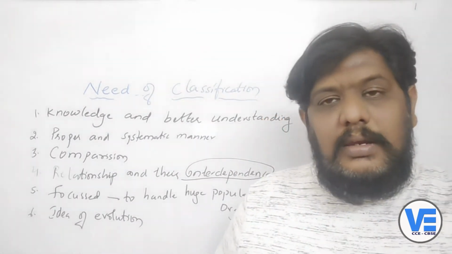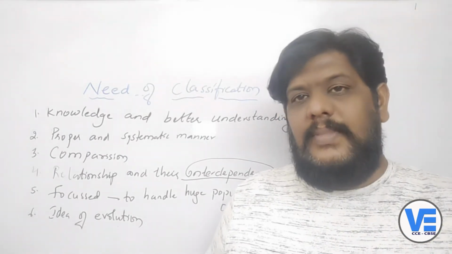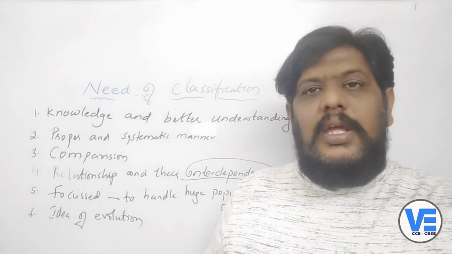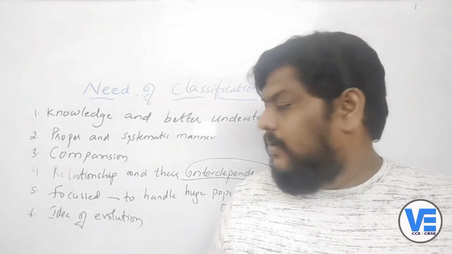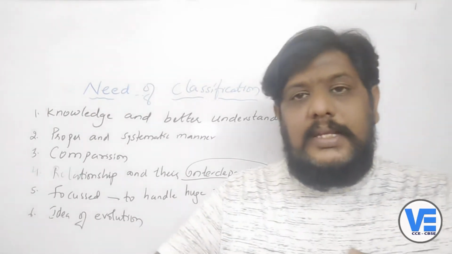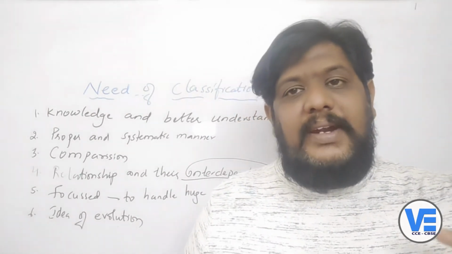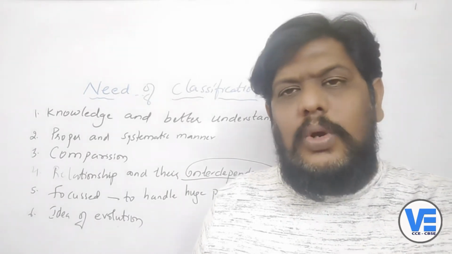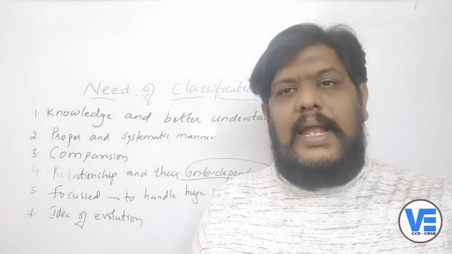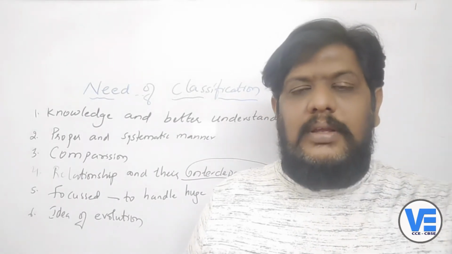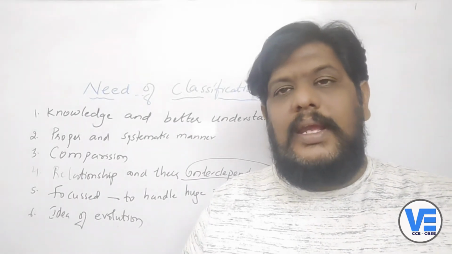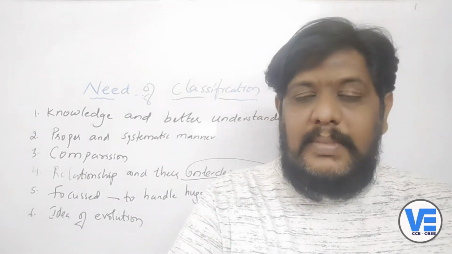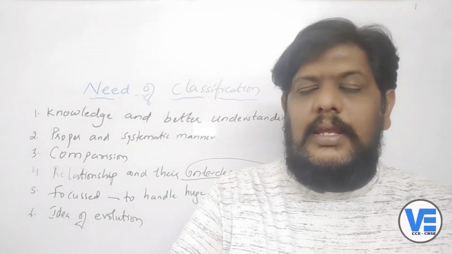Next, you can have a very focused way of studying. If you want to know about one particular organism, you can stay focused only if you know the classification of the organisms, right? Because there is a huge population of different animals, different plants, different living organisms. If you want to study only one particular animal or plant, you need to have a proper focus. That focus you will get only when you have a proper knowledge of classification, only if the animals and plants are classified in the proper way.